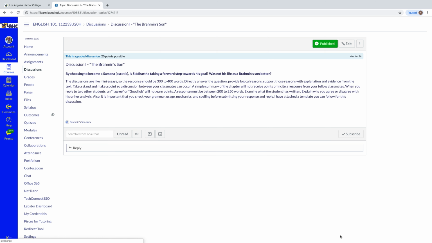And then after you post your reply, you'll see other students who've replied, and then you go to the bottom of their reply, and you reply to 2 other students' posts. And I don't want you to say just, I agree or good job. You won't earn any points for that, but respond to them. Hey, I agree with you, Stan. That was a pretty good answer, Brian. The reasons why I thought it was good were, first, in addition, more importantly, right? So have a little 200-word, 250-word reply to other students, 300 to 400 words when you're doing your own post,